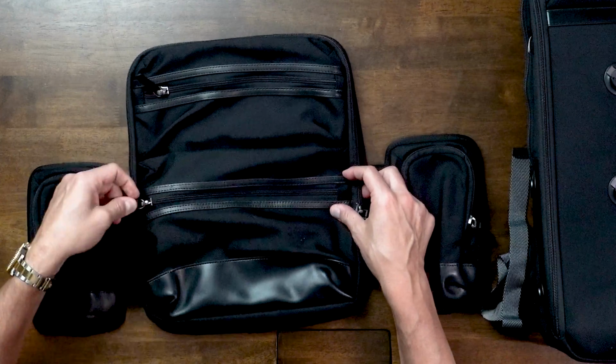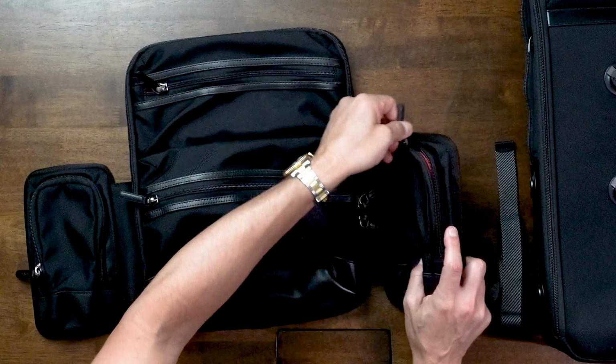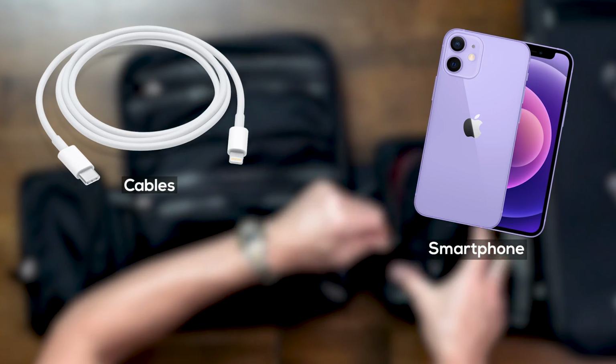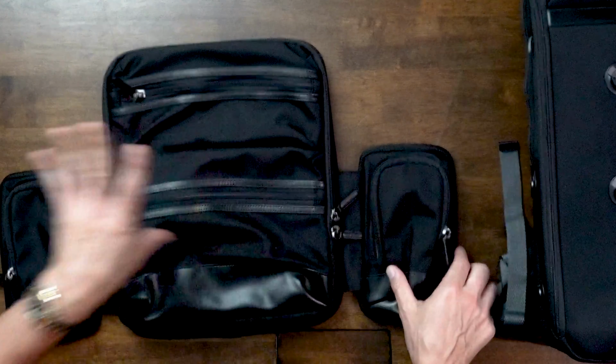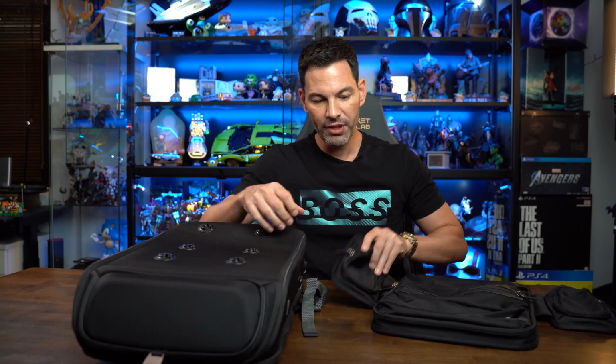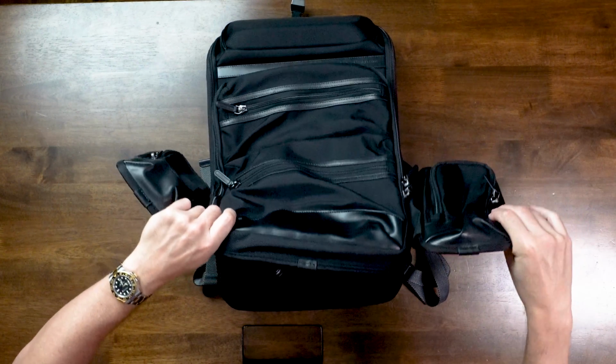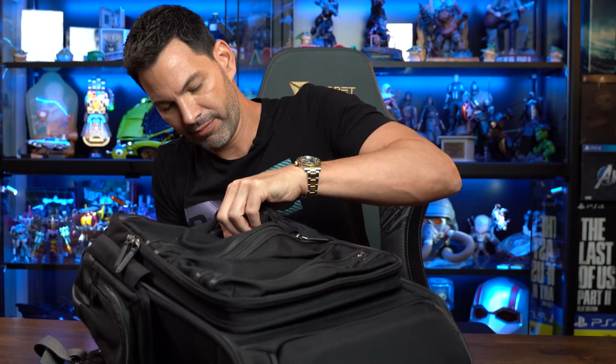A lot of organization. Then also you have these side pouches here. So let's say you want to put cables, your smartphone, extra batteries for whatever it may be, you can put those in. Now, let's attach it to the bag and just show you how this completely transforms it once it's on it. Now, the cool thing about this is that it's magnetic in its design. So you just kind of lay it down and locking into place,